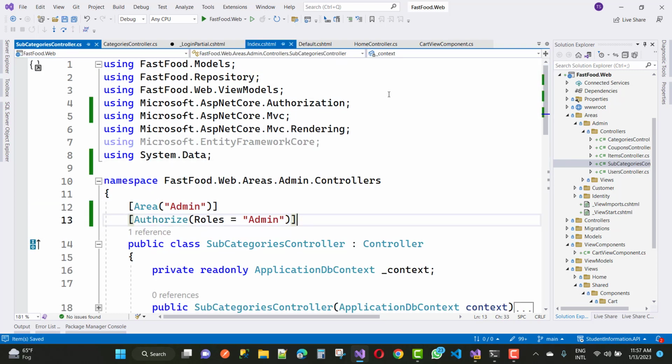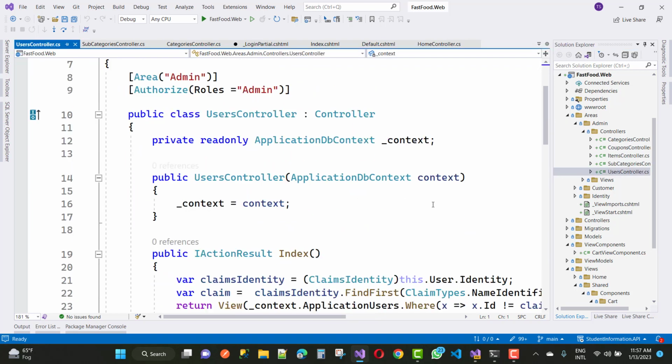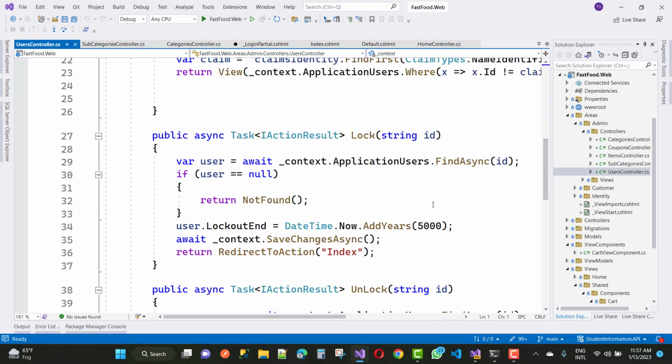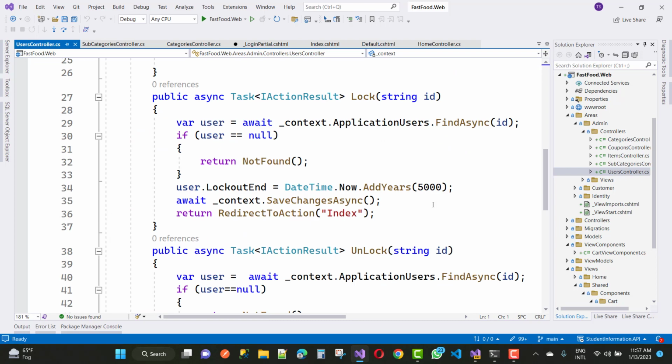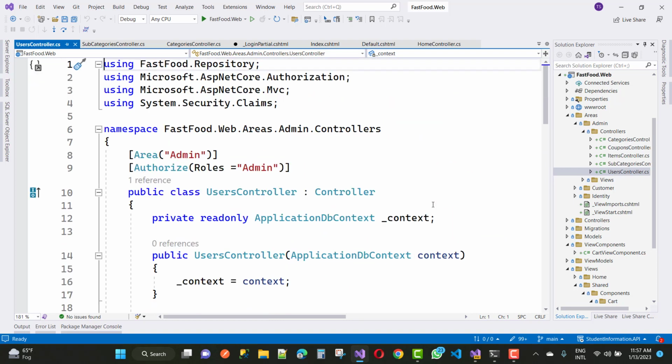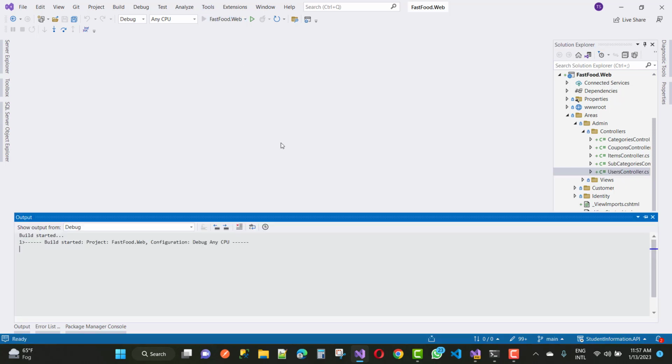So everything is right, and you can see all these are protected by the Authorize keyword, and all these are authenticated. If all are authenticated and exist in the role admin, then they can see all these actions. The next topic is